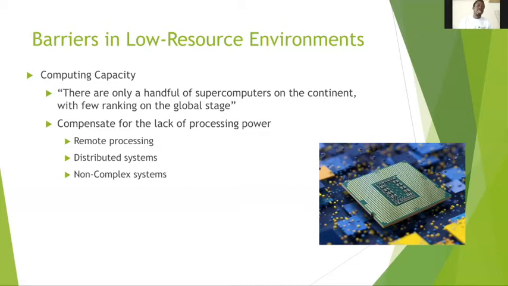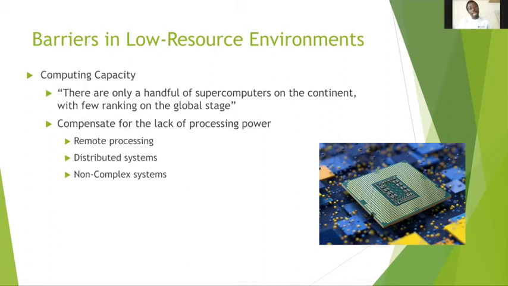And he's talking about Africa. There are very few supercomputers in Africa, so the processing power you would need to handle the bigger solutions of AI simply does not exist there. In Ghana, we don't have a supercomputer. We have something approaching a supercomputer, but actually it's not. Even with that, we are probably a bit ahead of most countries. Most of the countries don't have a single supercomputer.